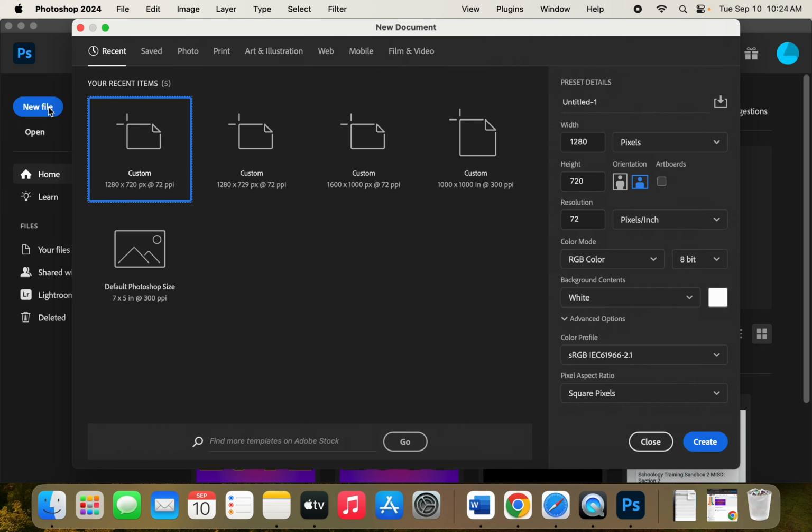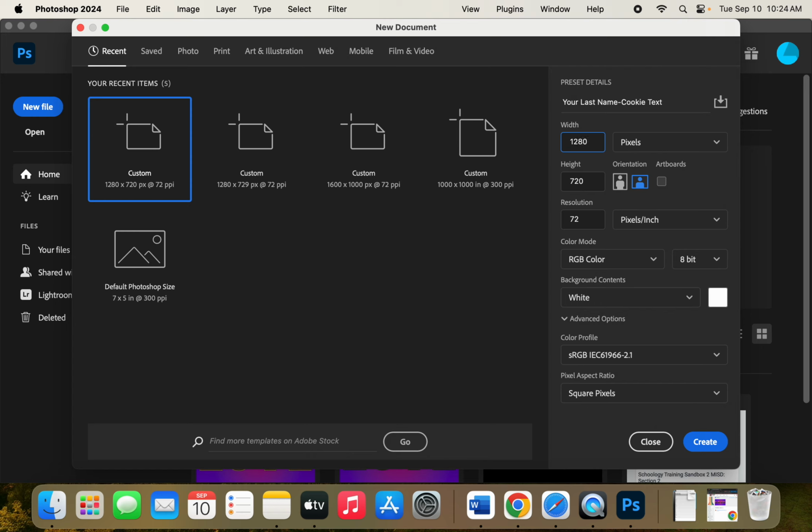We are going to type our name here where it says untitled. This is going to be your last name. So I'm going to just type that, but you're typing your last name. And then dash cookie text. Oops, spell it right. Then we're going to change the width to